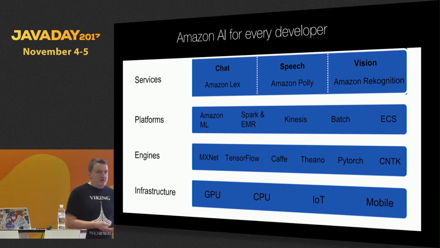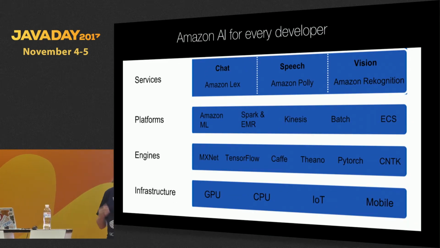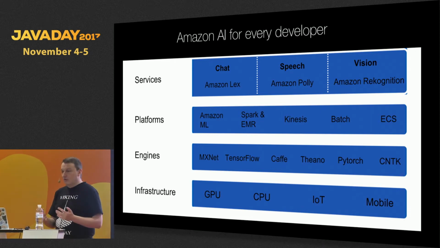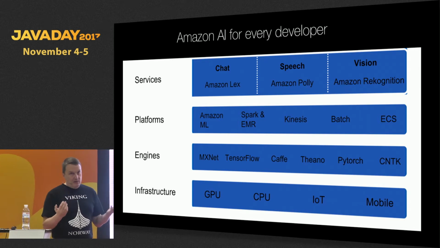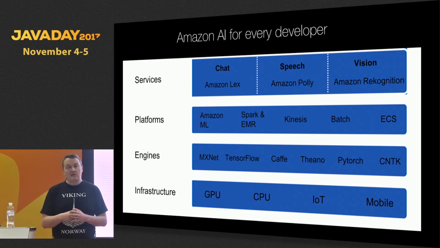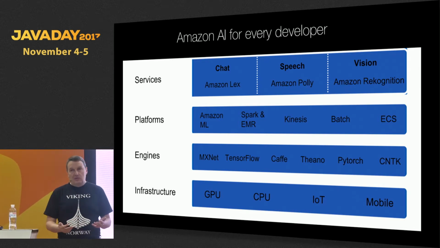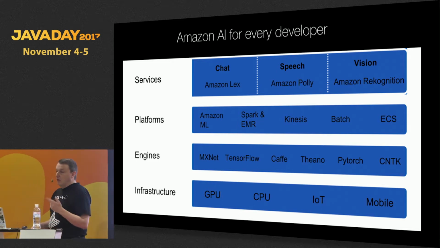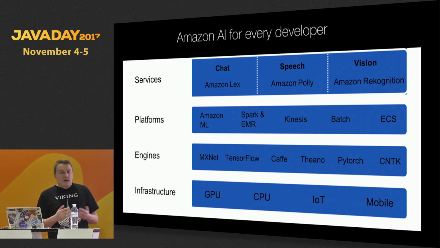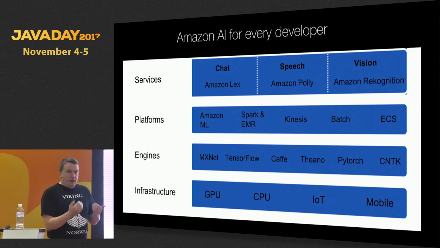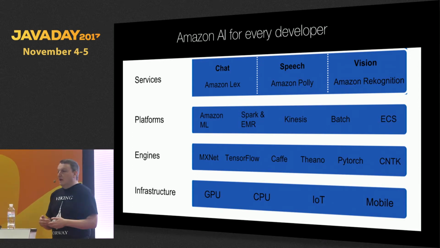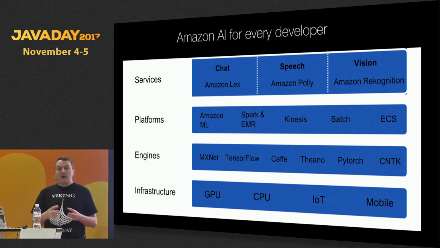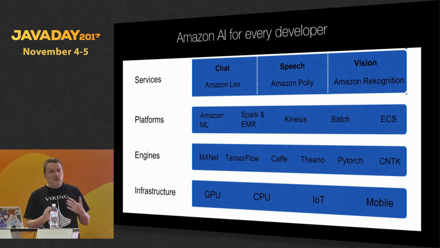So here's the current stack. So like I said earlier, multiple levels, high-level services that are just API level, SaaS level services. So call an API, get the job done, and we'll cover a couple of those today. Going down a level, we have platforms like Amazon Machine Learning, Elastic MapReduce, and some other services where you're free